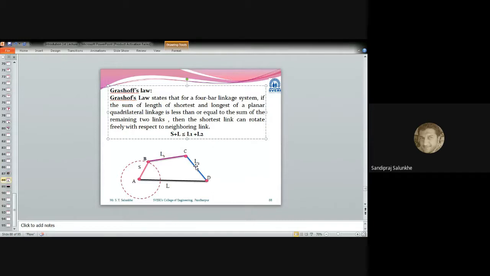So on this Grashof's law, there may be a possibility that we will have some MCQs. So it is important from the exam point of view also. And if time permits and if you come to college, that is if the government permits, then we can verify this law, because we have such mechanisms in which we can measure the length of the shortest and longest link, and again the length of the remaining two links, and we can do the calculation and verify whether the links are going to rotate or not. So with the help of that mechanism we can verify this law.